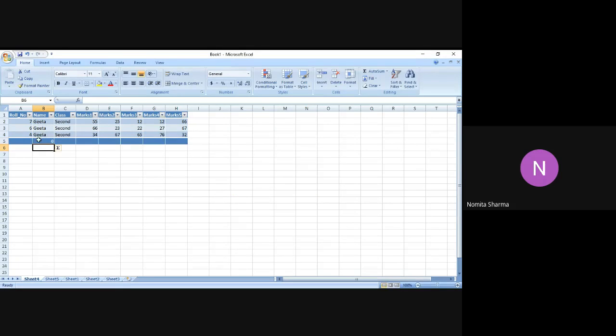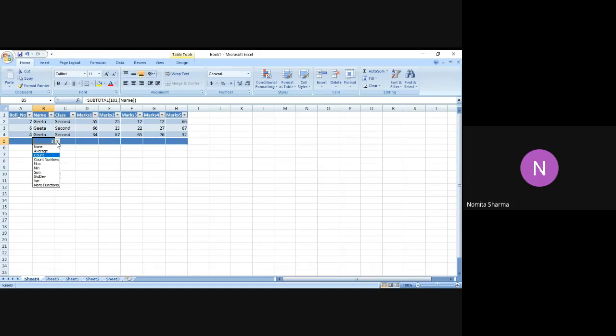That's okay. But we can actually count the options over here. I think now it has given me. See, earlier it was not giving me. So you can see the count option has come, and it can actually tell me how many Gitas are there in a particular school, right? So I can actually, if you see, the pop-up window has appeared, and I can actually do the average, count numbers, max, min, the same options which I was having earlier.